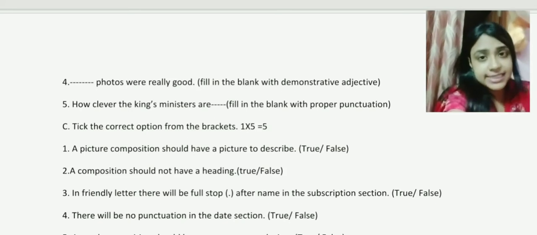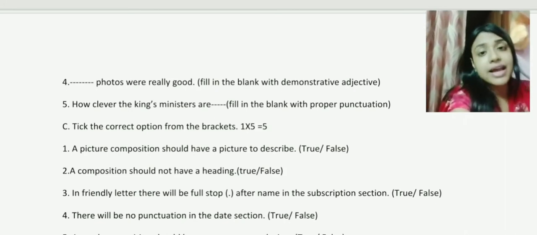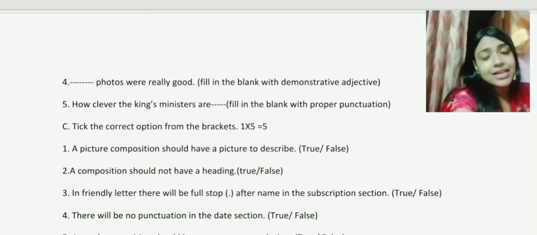So solve this exercise or this revision test on your own, and if you have any difficulty, you can find the answers in the worksheet section, but I won't suggest you go there beforehand. First you try on your own. If you are unable to do it, then you check, or better, I'd suggest, after completing the whole test, you go to the worksheet section to find out how much you scored, and let me know through email or the comment section whether this was helpful and how much you are reading.